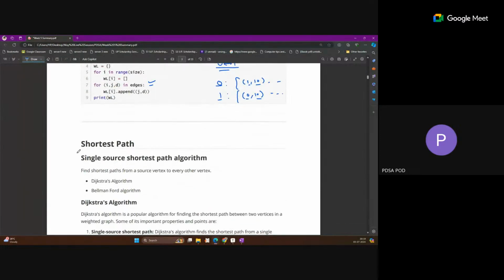So now we come to the main algorithm. So the first topic is shortest path. So shortest path is a very common application in our real life. So you know that most of you are using Google Maps. Sometimes you search for a location. So you just enter the destination name, and that map actually shows you the shortest path or maybe multiple paths,